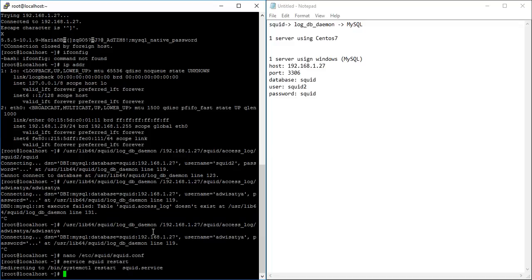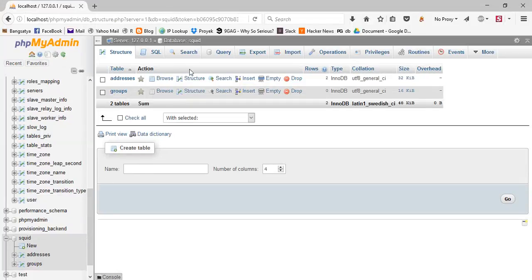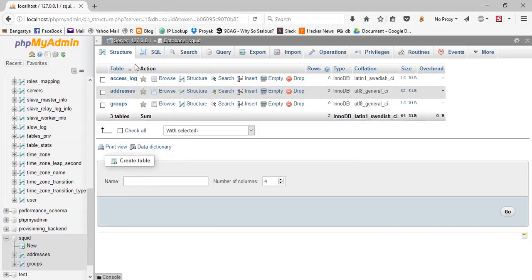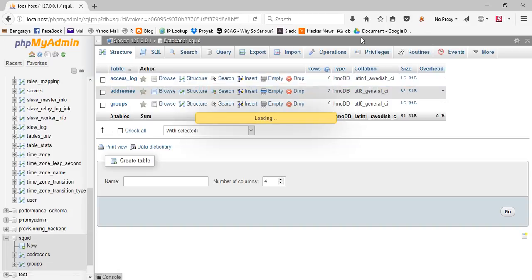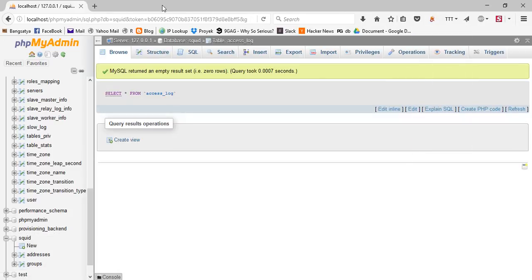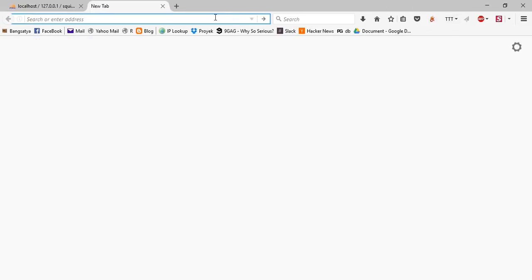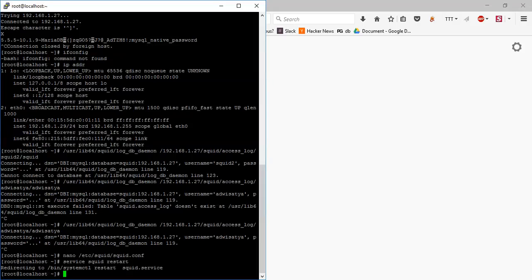Okay, I run my Squid on port 3128. So let's see in the database, you can see that there is an empty table with the name access log, and then I will use my proxy, and let's see whether the log is stored in the database.